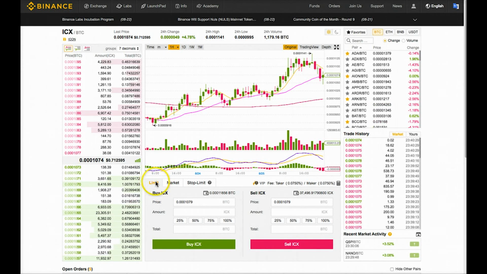The first tab here labeled limit is the one you'll be using most of the time to set up your bids and sells in advance according to whatever targets you have set via your analysis or goals. Under the buy section, it will show you how much BTC you have available to buy the coin right in this spot right here. And conversely, for the sell side of the form, it will show you how much of the currency you have available to sell.